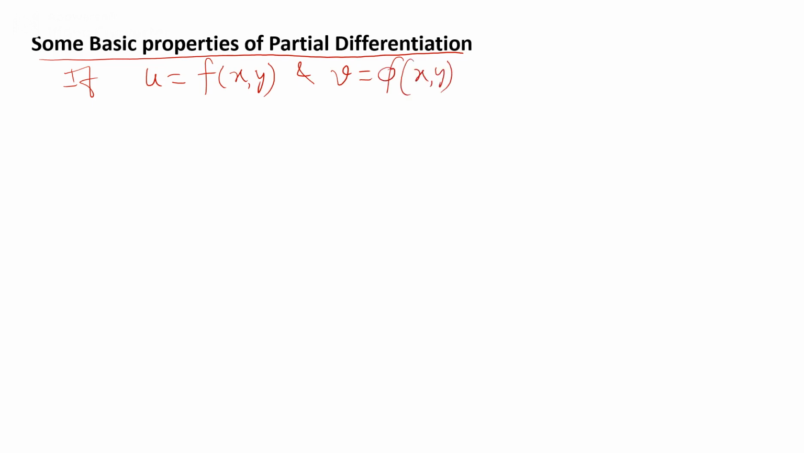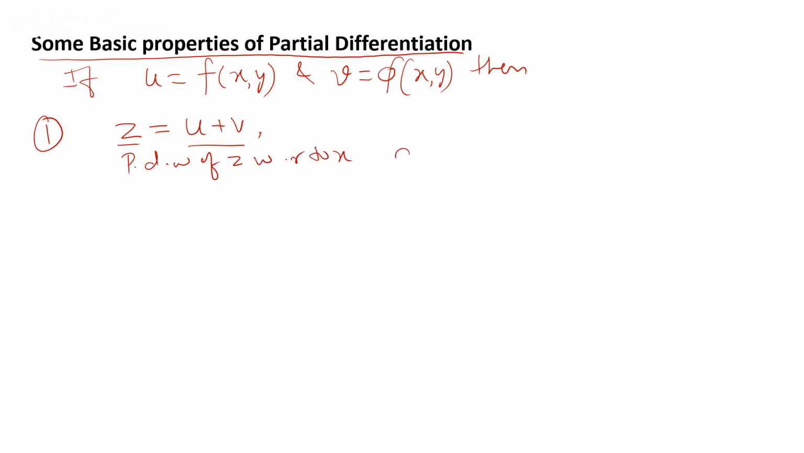Now we discuss some basic properties of partial differentiation. Suppose we have two functions, u is a function of x and y, and another function v is also a function of x and y. If we have a function z equal to u plus v, we can say z is also a function of x and y, and if we want to take a partial derivative of z with respect to x,